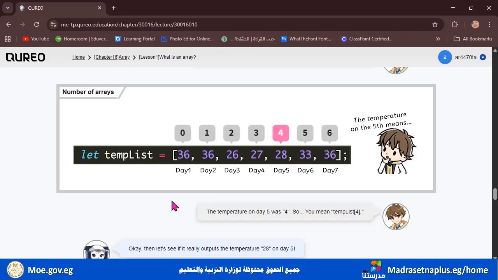And when we go to console.log, to know which day, we start counting from 0. So yes, we want day 5, then let's count 0, 1, 2, 3, 4. So 4 here equals day 5.